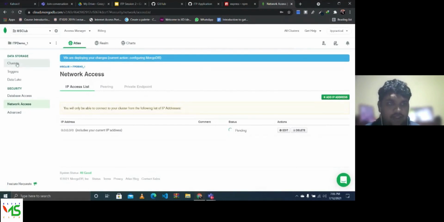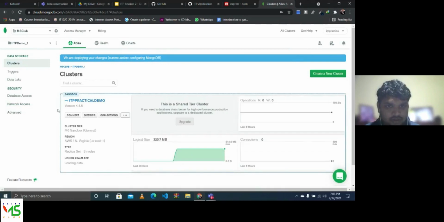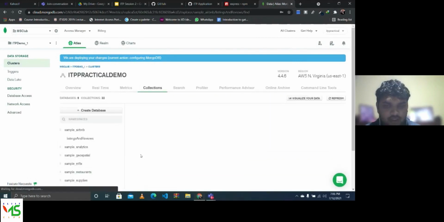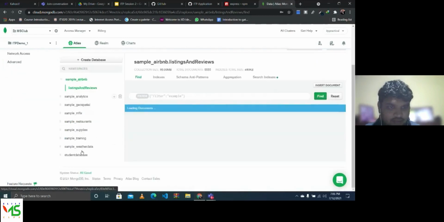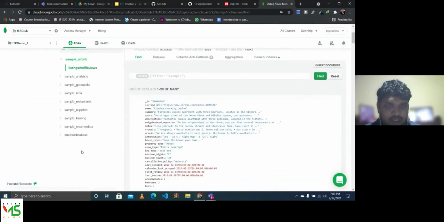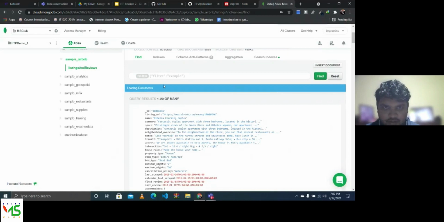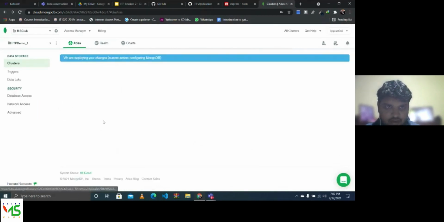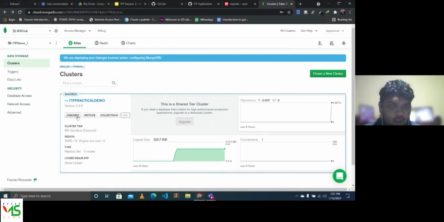In the meantime, we'll go back to clusters. So we've created the basic database. Assume that this is empty. When you go to collections, there is some data that is already there, right? But we'll reset it. The next thing that we'll do is connect this database server to the backend application,